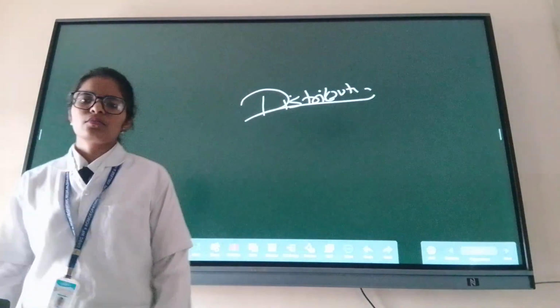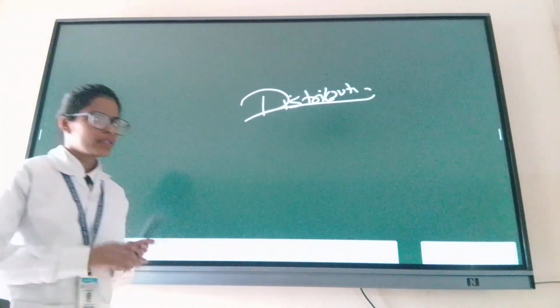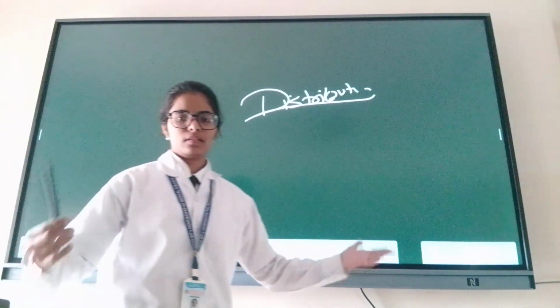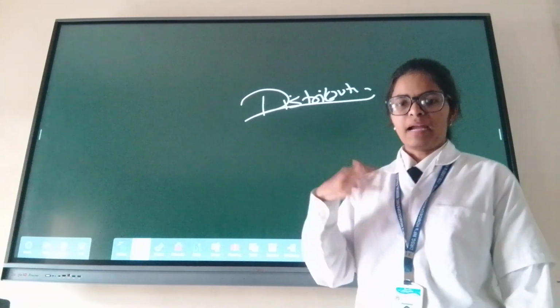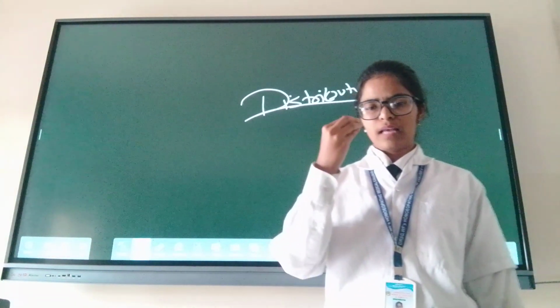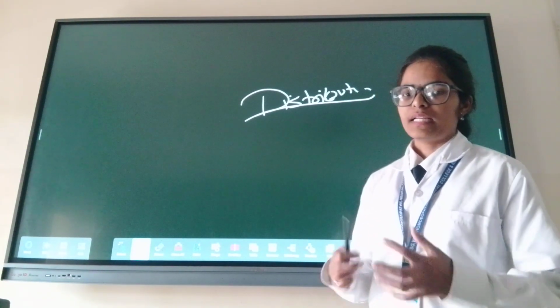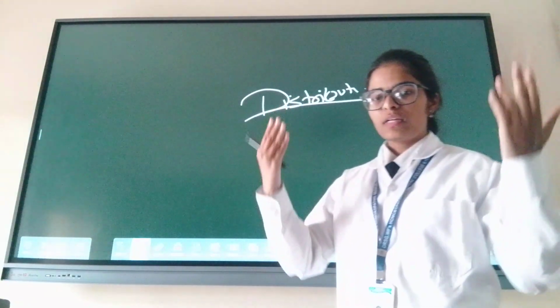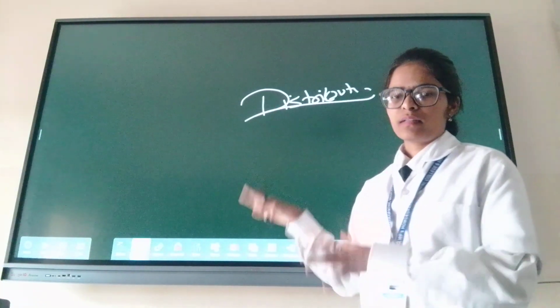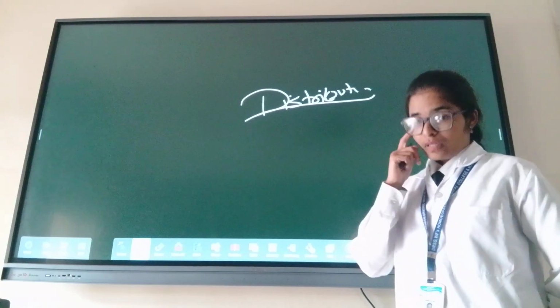There is nothing in distribution. It means the body distributes the drug to the effector cell. Suppose I have migraine and I have taken a capsule or a drug. It will absorb into the systemic circulation and it will bind to the receptor. The receptor will recognize the drug and bind with it.